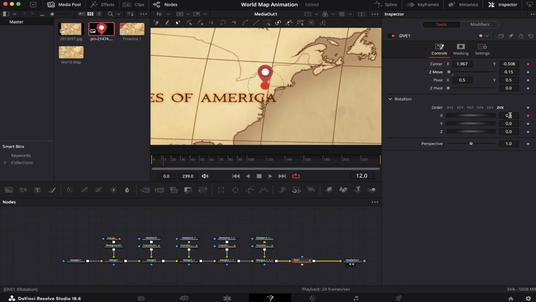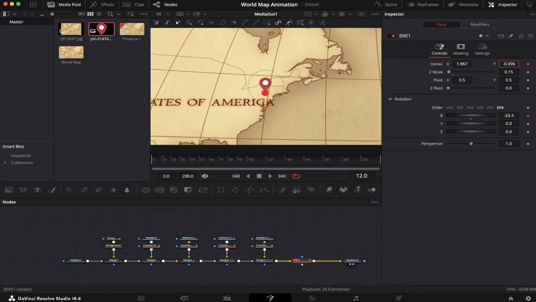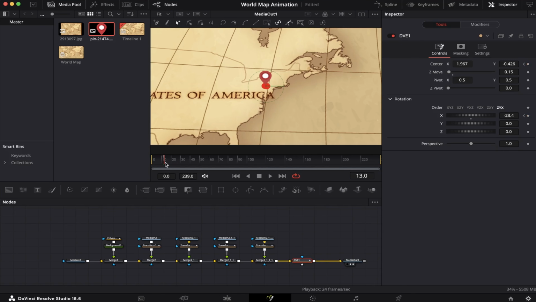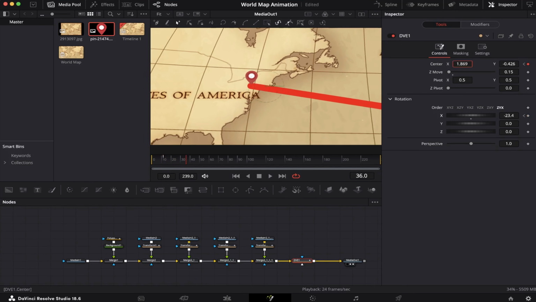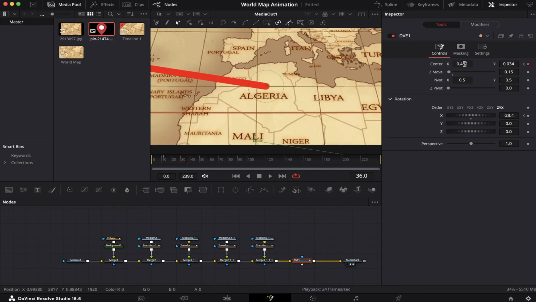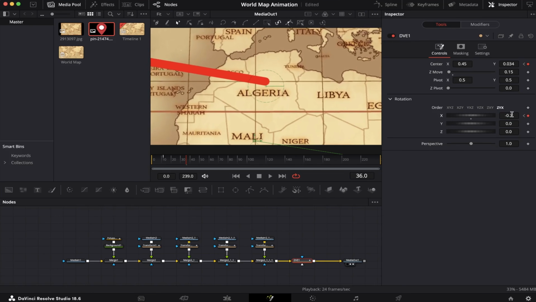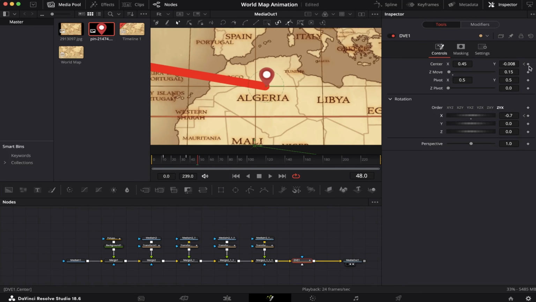This. Now let's mess around with the X perspective, like this. Let's adjust it. Now let's go to our next destination, frame 36. You don't need to set the keyframe again. All you have to do is move it around, and it automatically sets the keyframe for you. Let's mess around with the X wheel as well. This. Go ahead another 12 frames, set a keyframe on the center and the X again, and go to our next